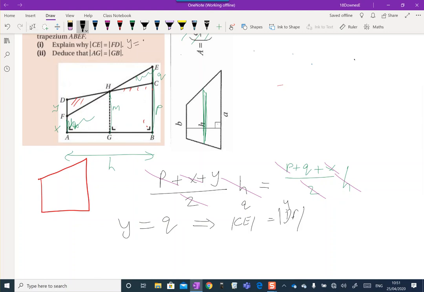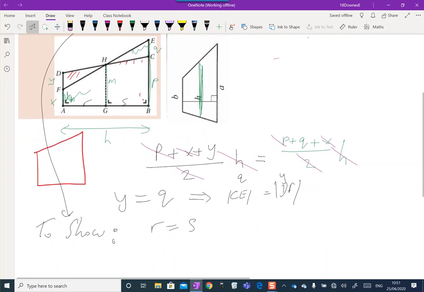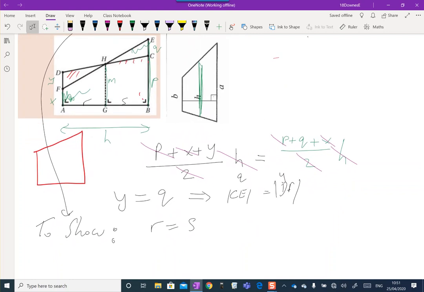Okay, so no PQ, let's just call that R and S. Okay, to show. So do things on your terms, not on their terms. So they've asked us, this means to show that R equals S. When I say that, that really makes sense in this case, to do things in your terms, because we've defined the terms as we've done. So to show that R equals S,